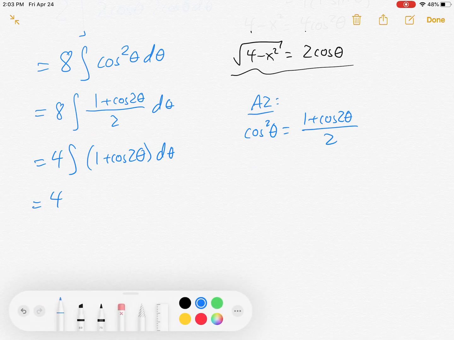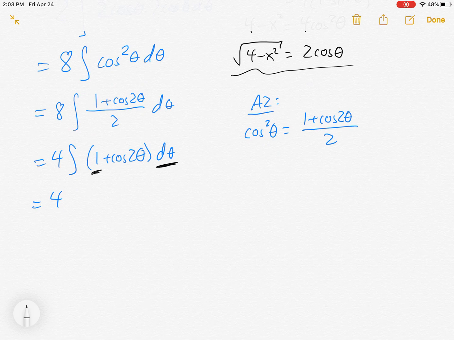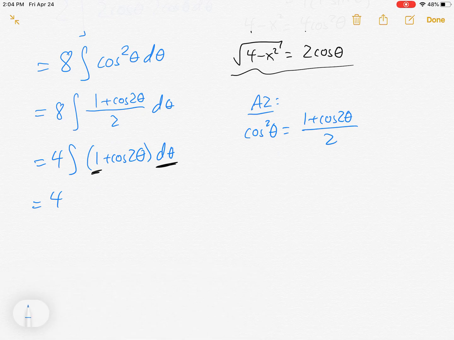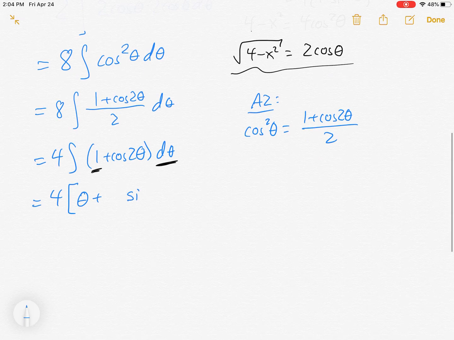Okay, so we're ready to integrate. Integral of, what is the integral of 1? d theta. It's theta. Okay, we've seen this a few times. It's tricky the first couple times we saw it, but look at your variable of integration. It's theta, so the integral of 1 is theta. Don't put x, because we're going to go back to x later. But we're going all in with theta or all in with x. Right now we have theta. So it's theta